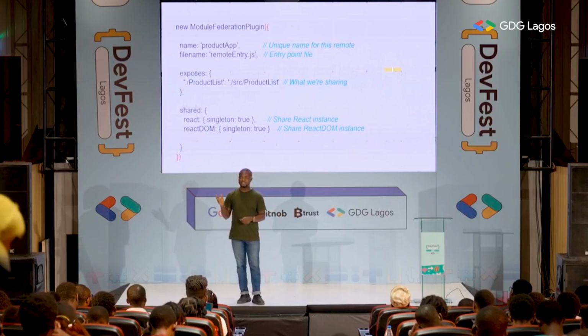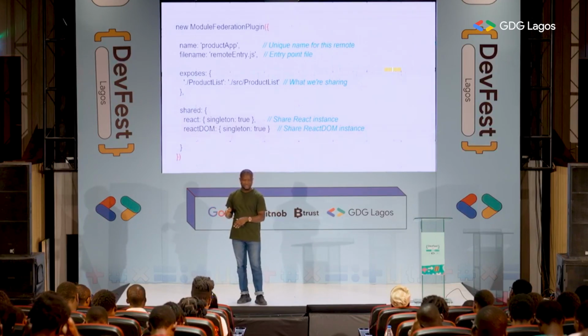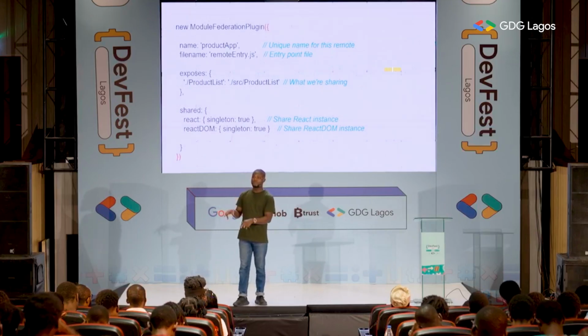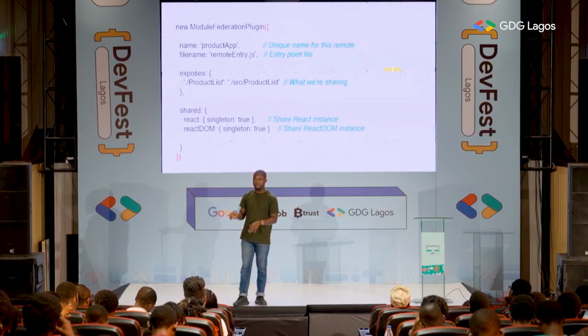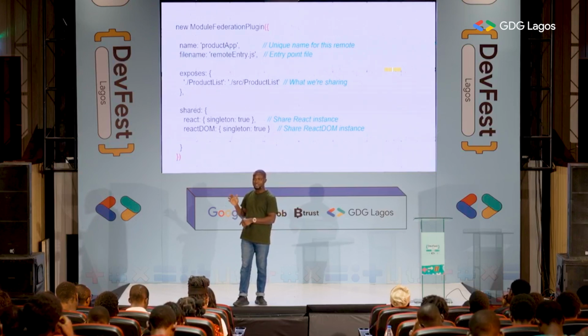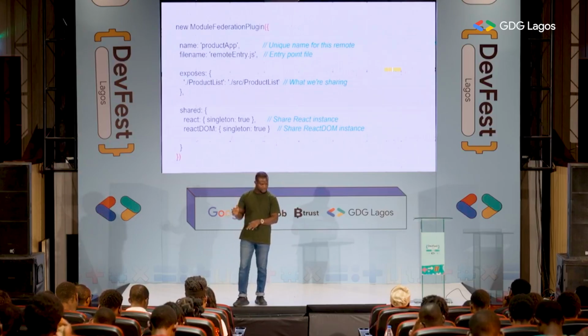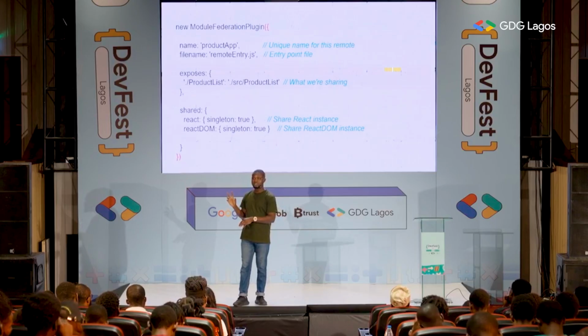File name is always unique. It's always the same. Then expose. That's the URL from which it's being exposed, so it could be like dot slash. Every project, every remote, you always have source. So maybe your remote name is called cat app, profile app. The URL that you're exposing is unique for different repositories, for different modules. And then shared is general across the different objects.